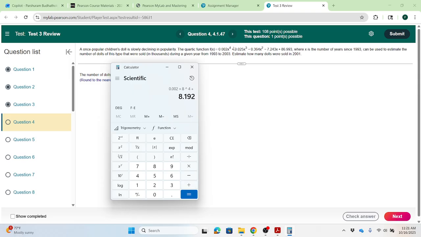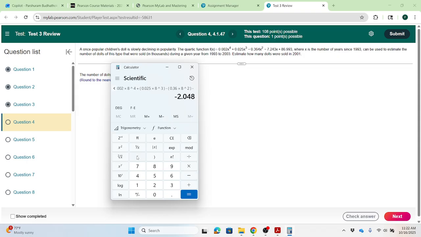Plus, now you have to use parentheses for the rest of the operation, otherwise your calculator would not work properly. So for the second one, parentheses 0.025 times 8 to the power 3, parenthesis close, minus, again parenthesis, 0.36 times 8 to the power 2, parenthesis close,